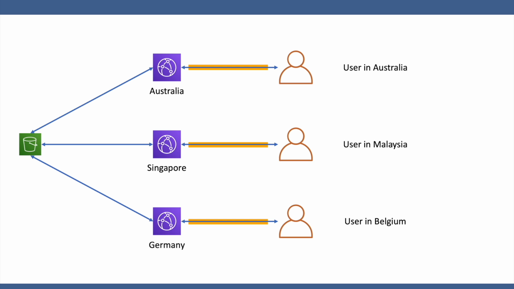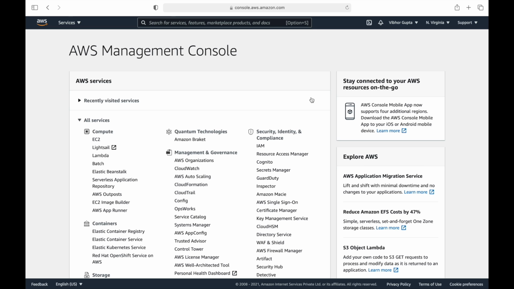Let's log into AWS console and create the bucket. If you already have a domain name registered, then you need to create this bucket with the same name. Else you can go ahead and purchase a domain of your choice. Let's go to S3 and create a bucket.